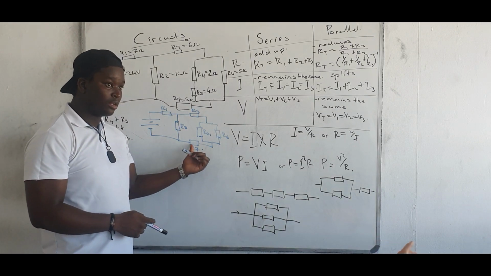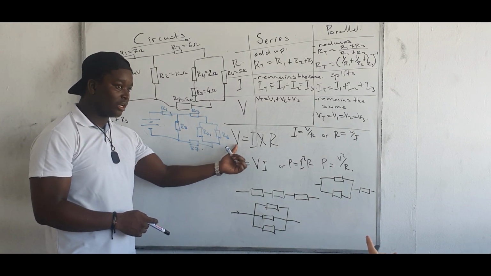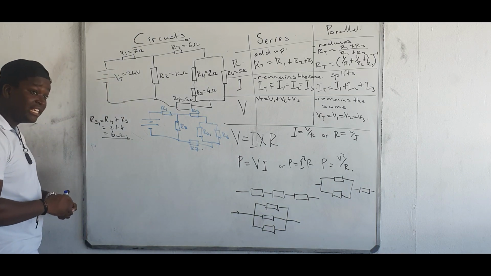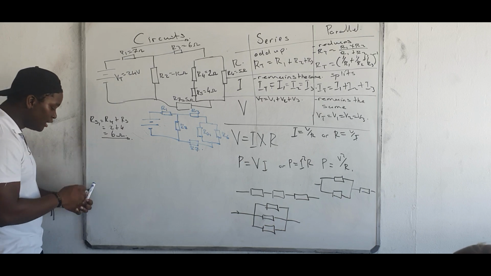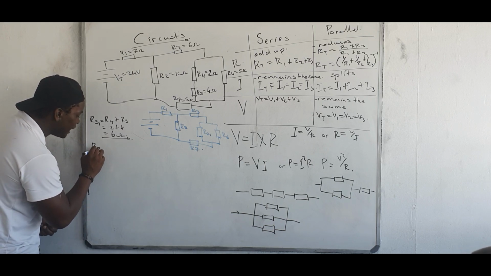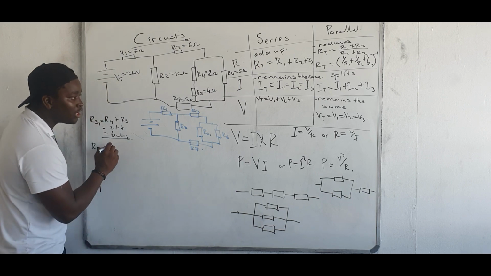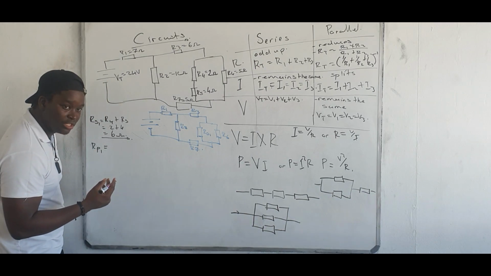Which one? This one. These two. That is correct. Now, let's call it RP, because those two are in parallel. So let's calculate RP1, because this is our first parallel circuit. So what's our formula for two resistors in parallel? It's